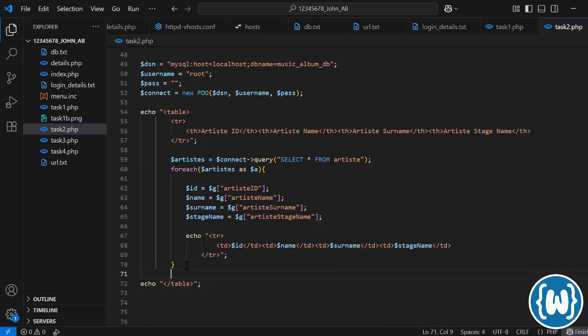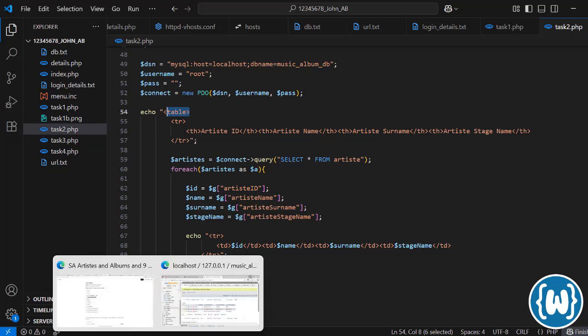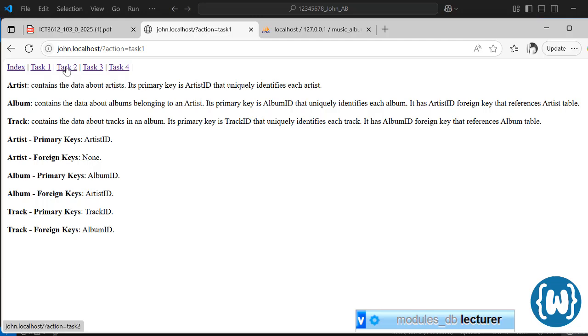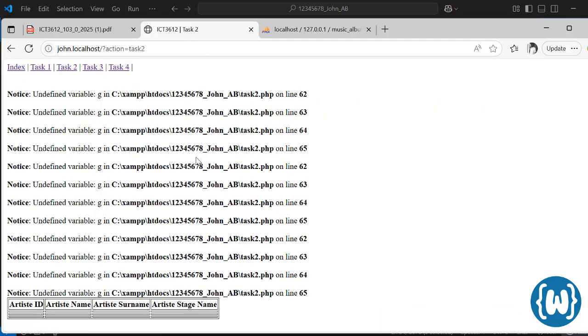At the end of the day, we close the table tag which we had opened on line 54 here. So if we save that, if we go to our page and head over to task 2 and run that,